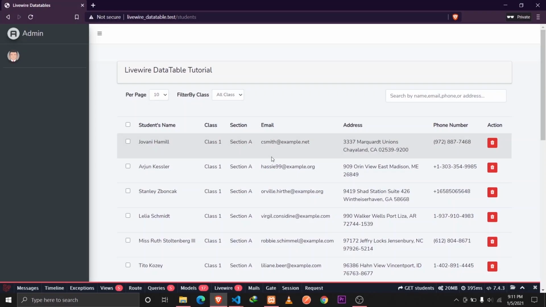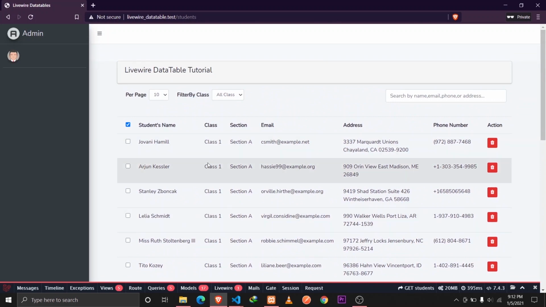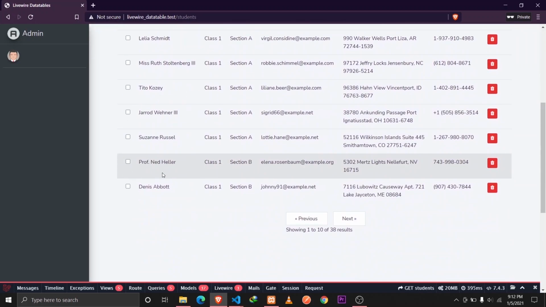All right, we are back again, and a viewer of my video requested a feature to implement a checkbox to select all the records of the data table, and I am here with that feature. What I want to implement in this session is a checkbox here, and when the user clicks on it, we'll be selecting all of the records that are displayed on this page,